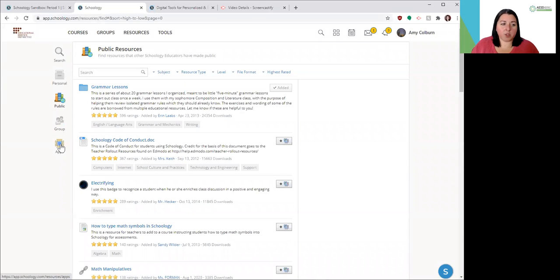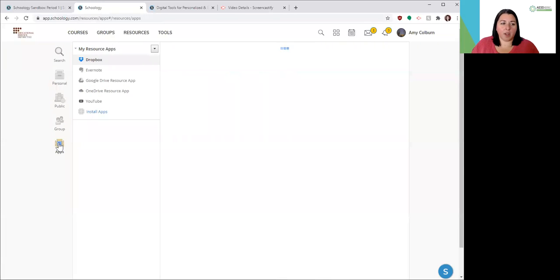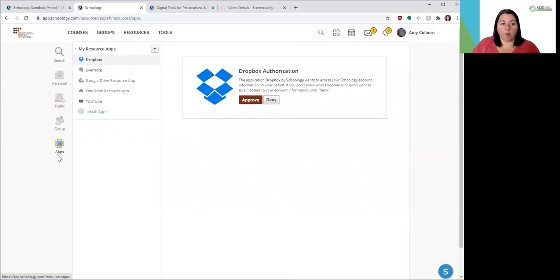and a group resources and apps. So the apps are really where this is dependent on your district and how they're structuring the use of different apps. It'd be great to hear from you on what apps you're finding are integrating really well within Schoology. But this is so dependent on district and personal choice that it's hard to get into too much